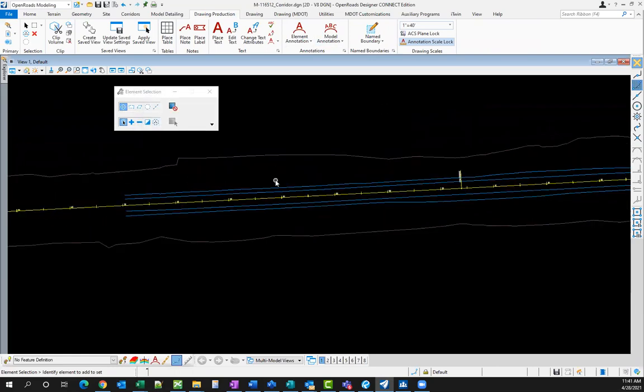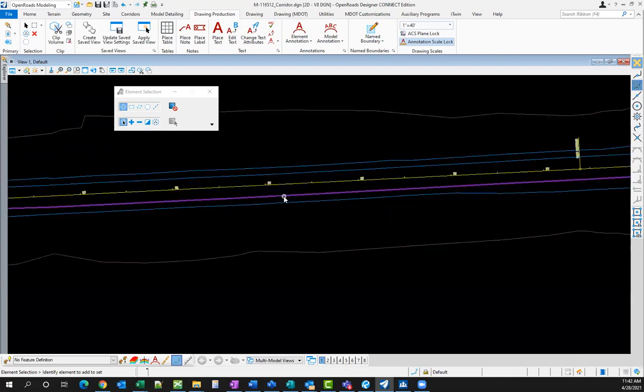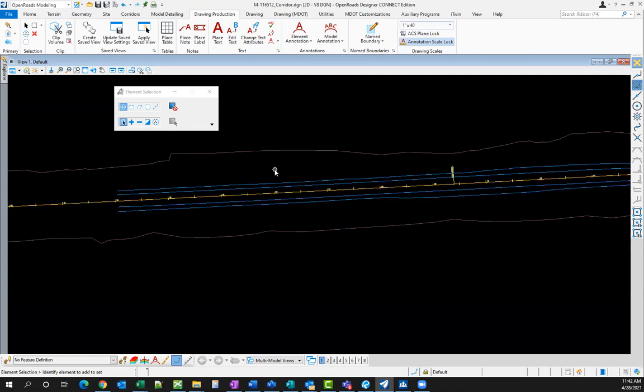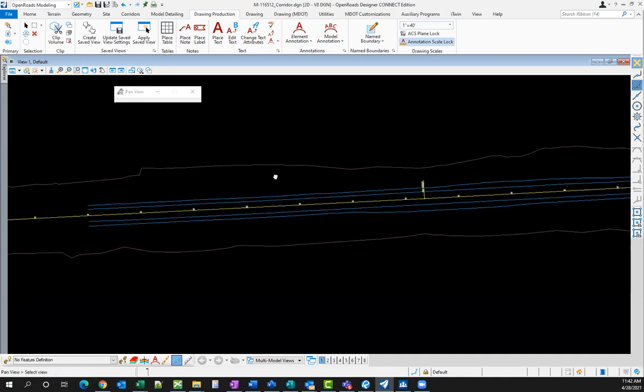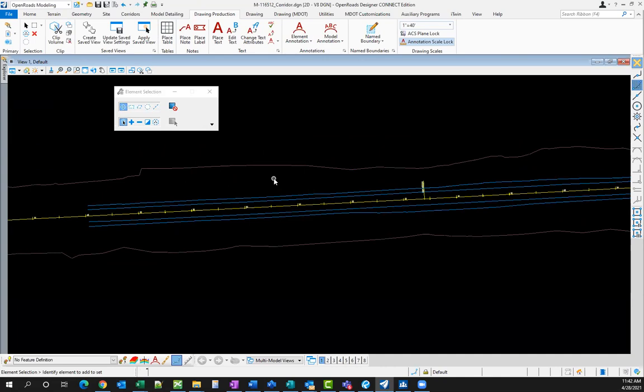Is keeping an eye out for how often your corridor is processing. Oftentimes when we're matching existing conditions, especially if it's using the existing ground as the profile, or using point controls to control things from survey lines, your template ends up processing at all kinds of extra stations. And what this leads to for downstream users is really big line string files and XML files. And if they get above a certain size, oftentimes surveyors and other people, they'll just have trouble even loading it up to their equipment, because there's just too many